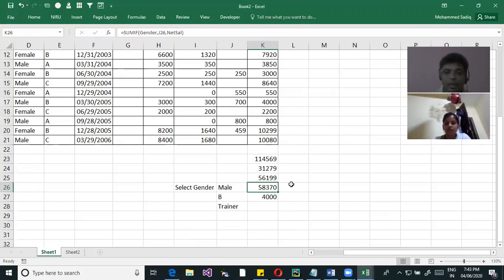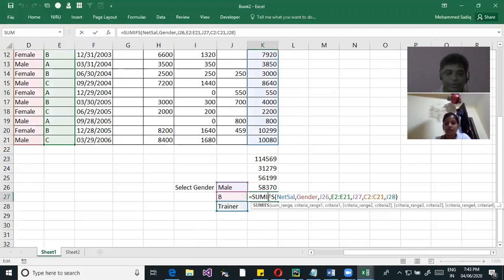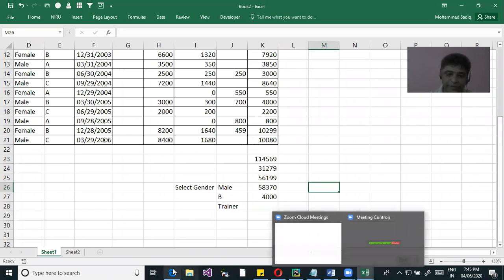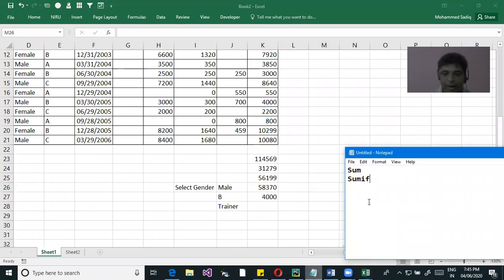Okay. So this is how we give it based on multiple criteria, multiple conditions. The next thing is, in the same way, we can also do something called the average. This is what we saw about SUMIF, and we saw SUMIFS. Next we'll see this particular thing called